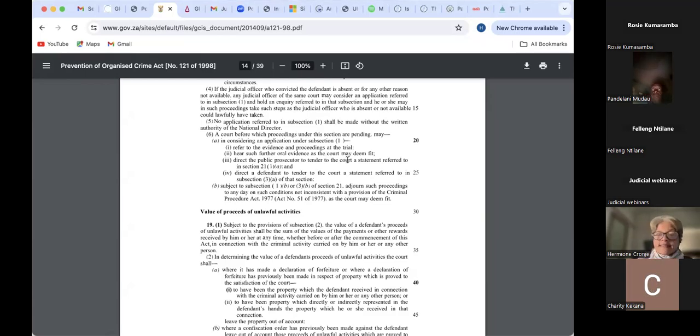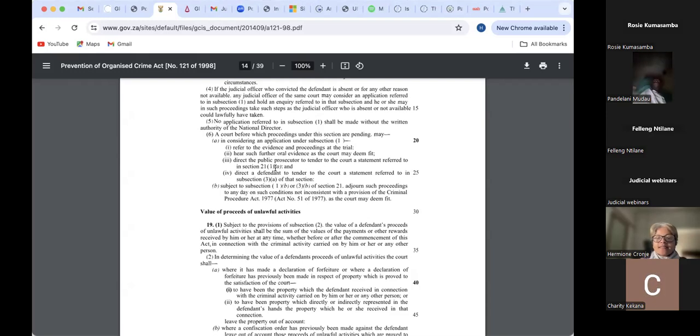So the court can say, and this is what courts often do, that it wants to hear from the spouse of the accused, who seems to be living in the property that was bought with the proceeds of crime, to see if it's reasonable to order confiscation in a certain amount, because if the confiscation order is executed, the wife will be without a place to live. The court can therefore ask that oral evidence be laid,